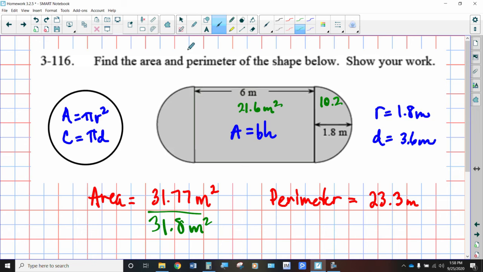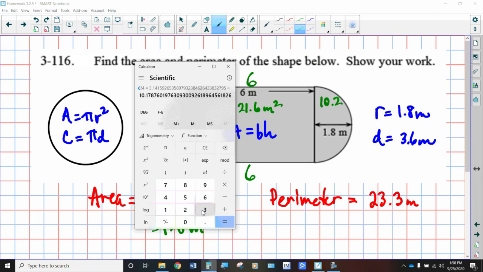Now for the perimeter. This is 6 and this is 6, but we need to find the circumference of the circle. So that's half the circumference and that's half the circumference. Circumference is pi times diameter, which means we're going to have to multiply 3.6 times pi. So let's go ahead and do that. 3.6 times pi gives us a circumference of 11.3 or 11.31. I'll leave it as 11.3 plus 12